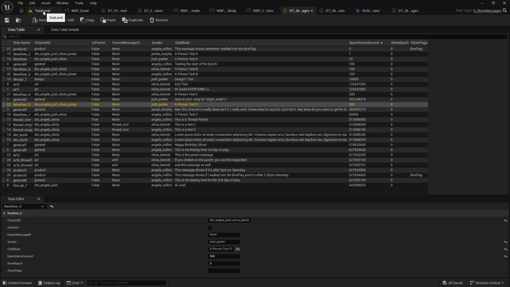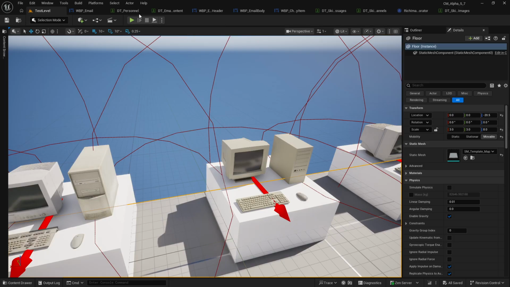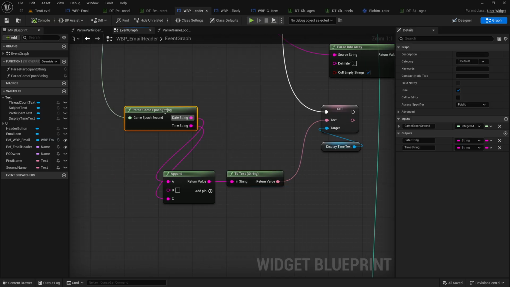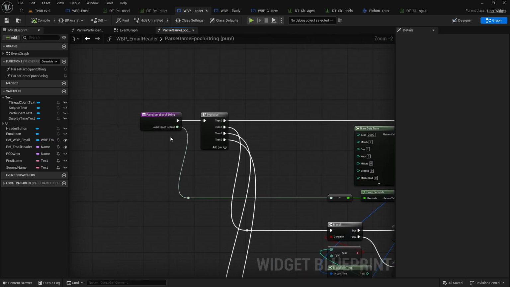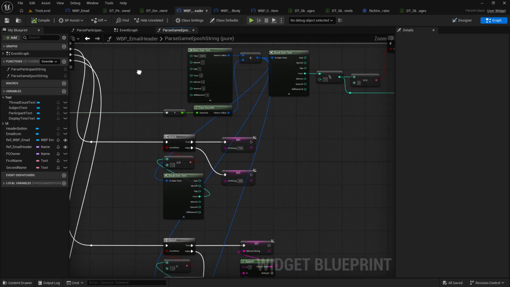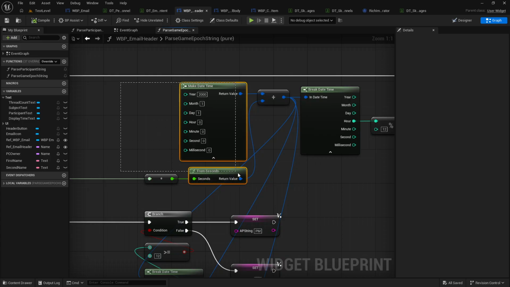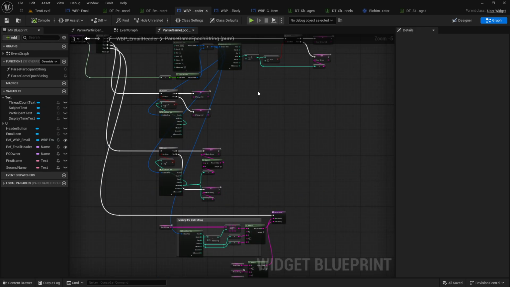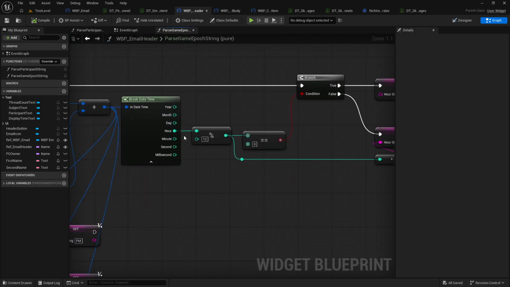And how that ends up working is every time I bring in a game second, I have to parse it into a whole bunch of stuff. So I make a time, which helps set the epoch, and then I add time to it, which is the count of seconds, and then I break it and do all kinds of stuff on that break. Here I get the modulo hour value,